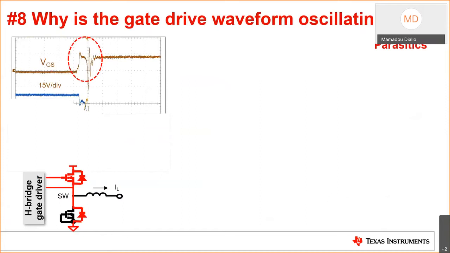All right, here's another scenario where we're looking at a parasitic still. In this scenario, we have the gate to source voltage oscillating shortly after the initial pull-up. Consider this case as another half-bridge topology. Why is the gate voltage oscillating? What could be causing this oscillation? Please take a moment to think of a possible root cause here, and I'll open up this poll here to give you a chance.